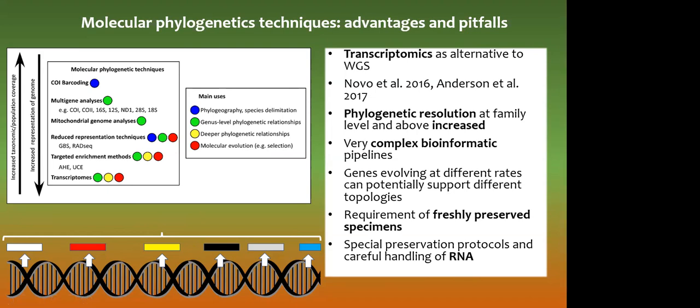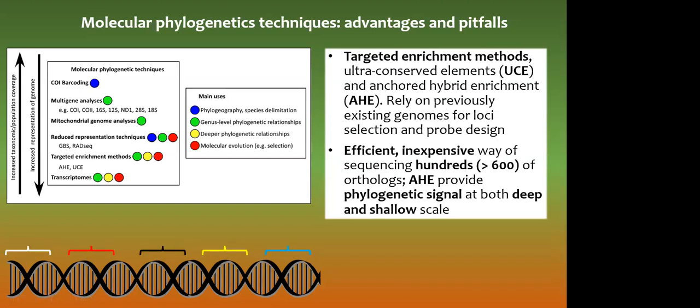So you don't really know which one of those topologies is the good one. And it also requires freshly preserved specimens, and the preservation and handling of RNA is very difficult. So it's not an ideal method. An alternative is target enrichment methods, which are mainly UCE and AHE, which need